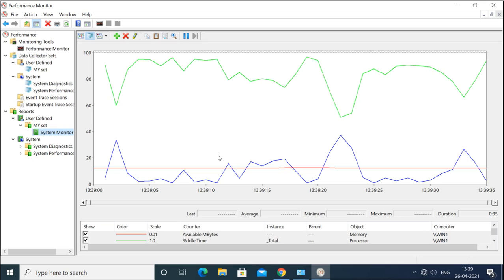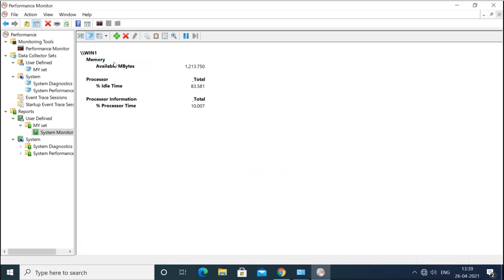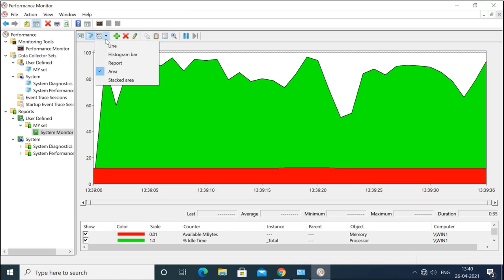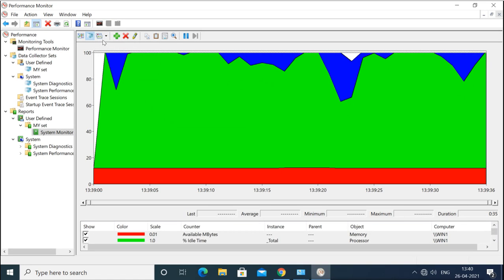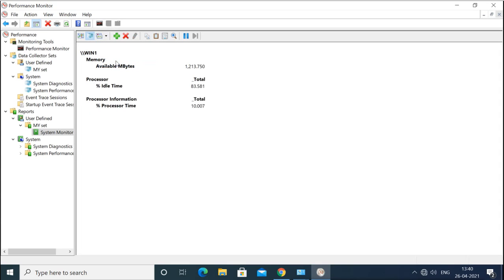We can see it by the histogram, we can see it by the report, we can see it by area, and we can see it by stacked area. So we have different options to choose from to monitor. So this will collect the data information for some period of time.